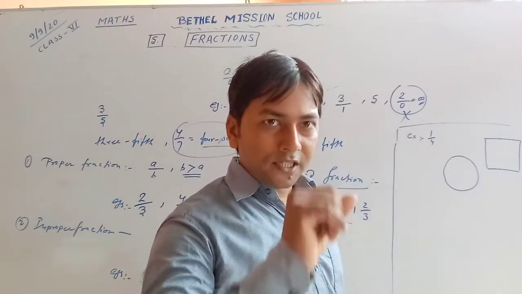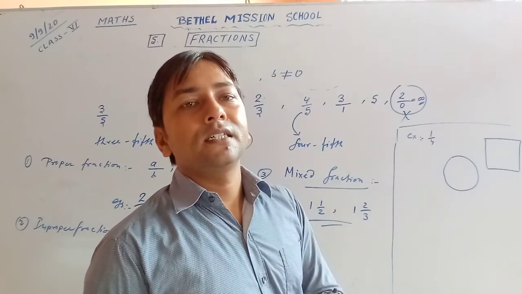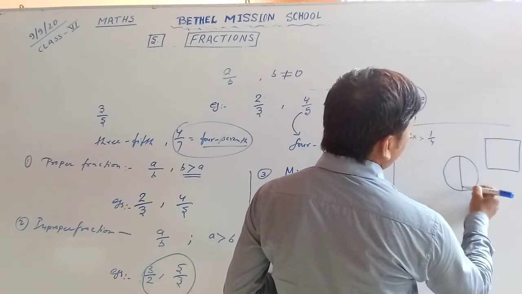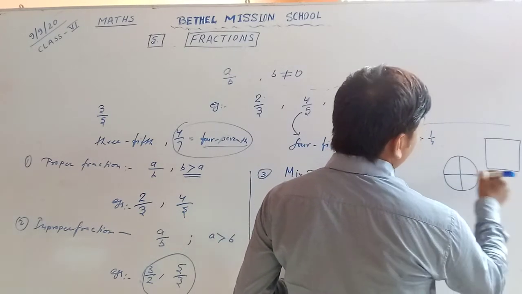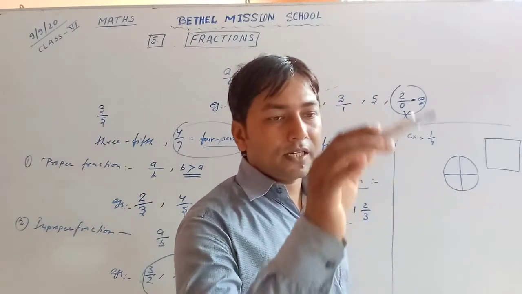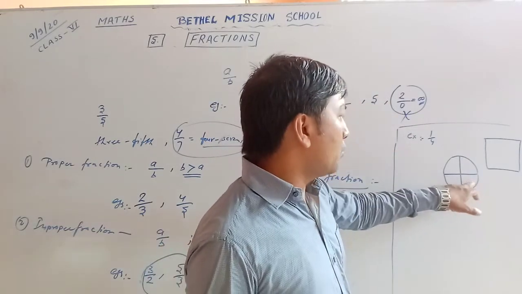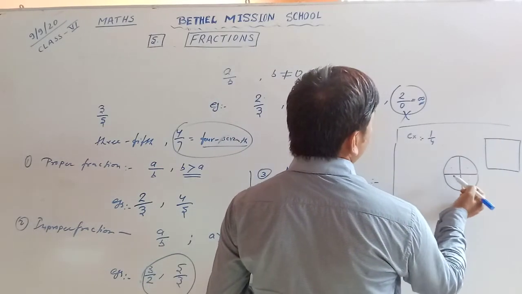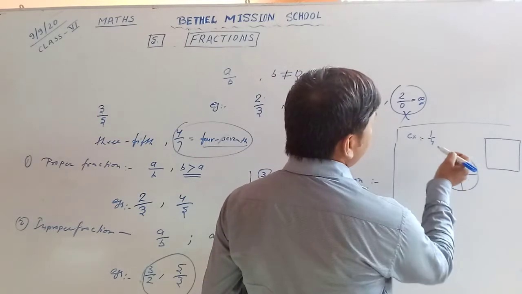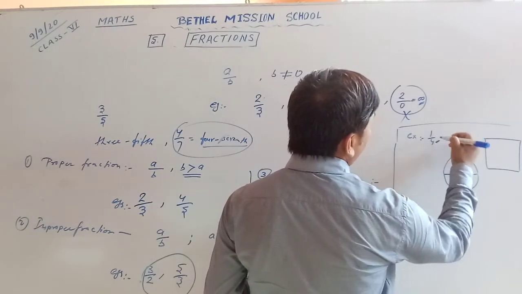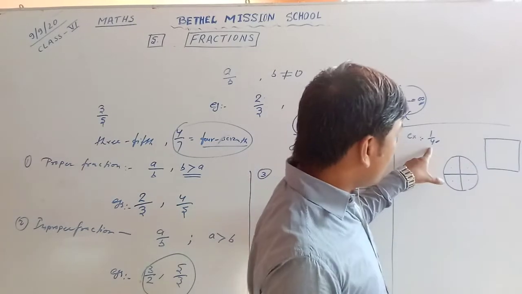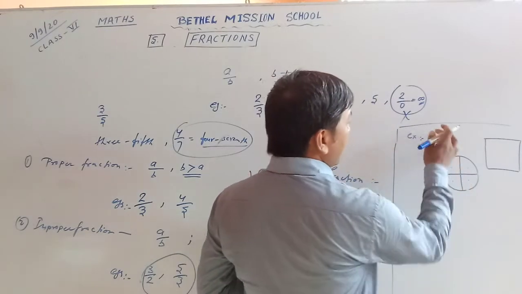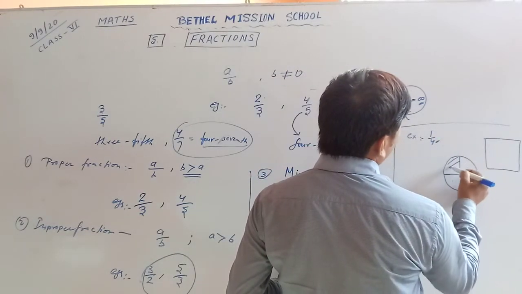So take a dish or thermocol plate, and you will divide it into 4 parts with a marker, red marker or whatever. You will divide it into 4 equal parts. Each part should be equal. This equal to this, this equal to this. Okay. And this is 4, the total number of parts. That's why we made 4. And 1 you have to take, so make 1 part shaded.